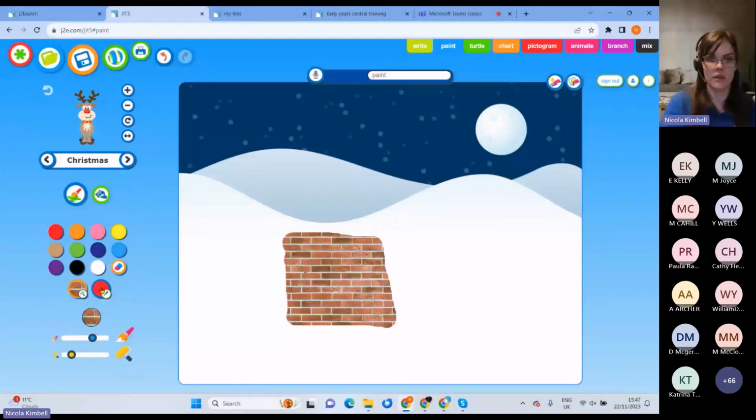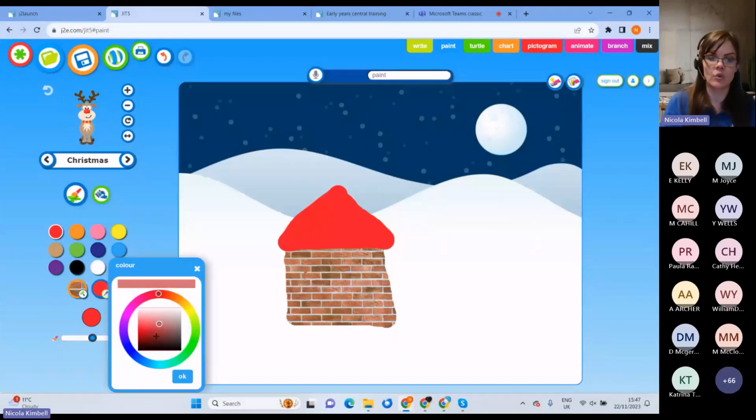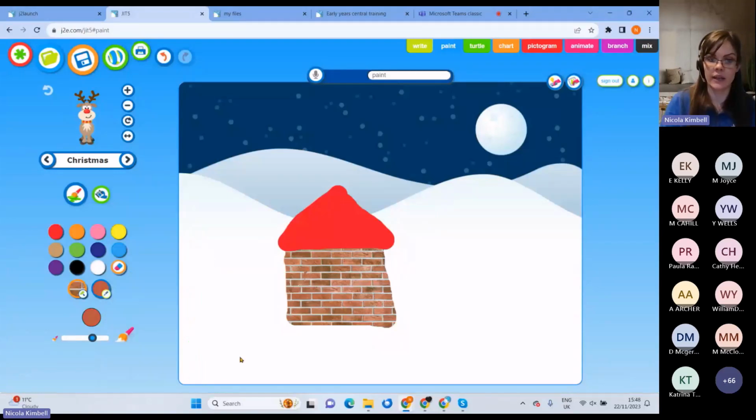And then I could put a red roof on that. And there we go. Okay, lovely, beautiful. The other thing that we can do, we've got the 11 preset colours. You can then use this button here, this little white pipette. We can choose any colour on the colour wheel. So obviously that will be your slightly older children, but that is an option for you. They can find a colour, click OK, and that now is a colour that we can use as